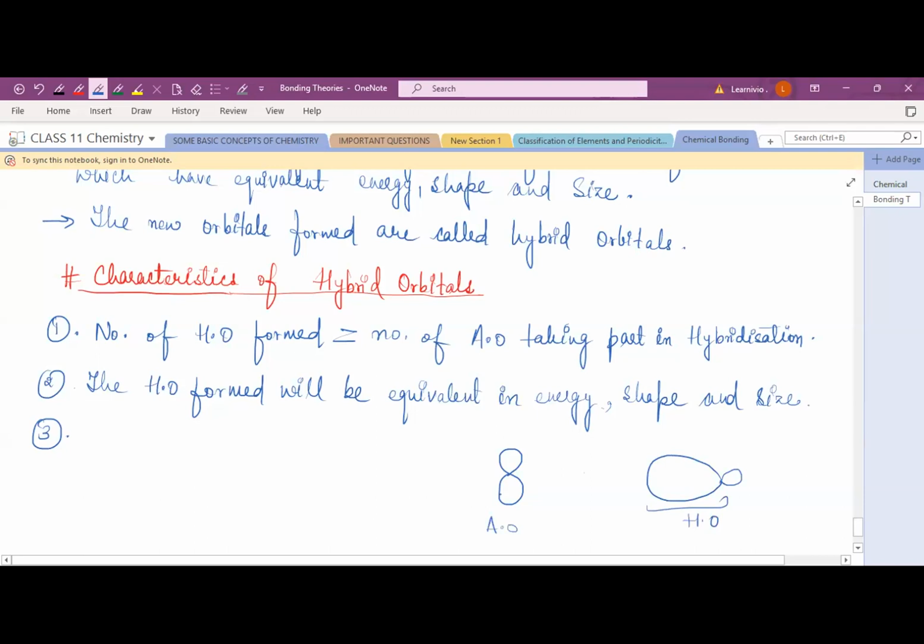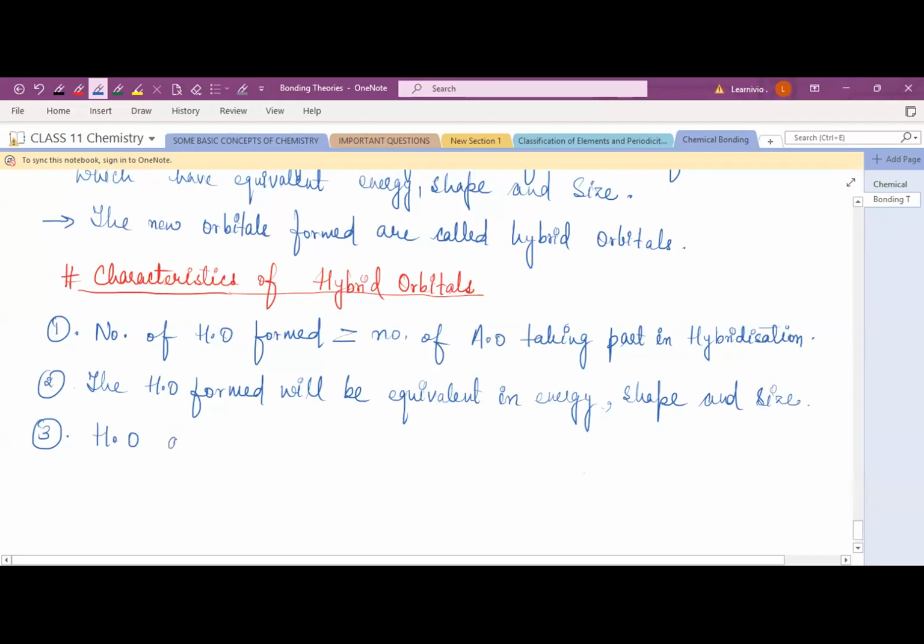Okay, so they are arranged in such a way that there will be minimum repulsion between the atomic orbitals, and bond formation happens easily there, right? So that's the importance of hybridization also. So hybrid orbital,